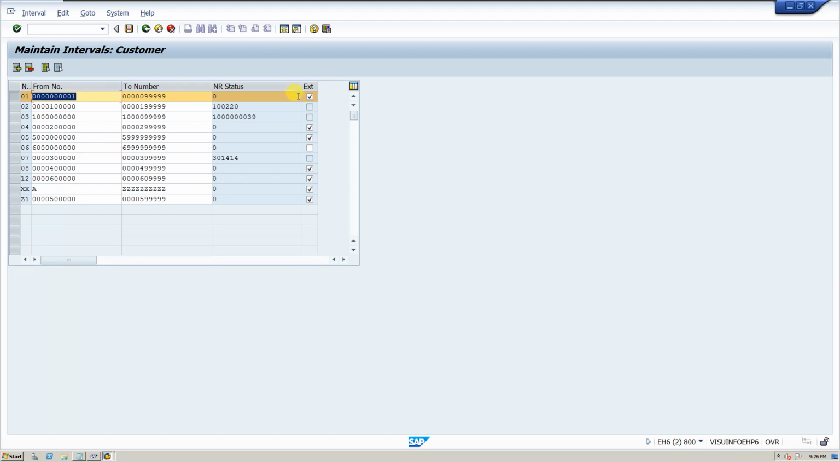Suppose you want a customer 9090, then you can give that number because that number is within this range only, right? So the system will save the customer with your number. So that is external. While coming to range 2, the range 2 is from 10000 to